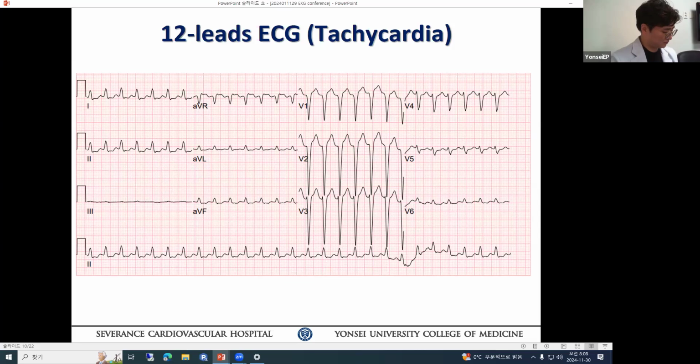But at least we can say that based on the mechanism, the tachycardia does not appear to be automatic tachycardia. Gotta be reentrant. Why? Because it's so regular. If you see a 12-lead ECG with RR intervals varying, then you may argue this could be automatic tachycardia. But when you see such a regular pattern, always favor reentry. So this is we're going one step forward. Okay. Any other comment?